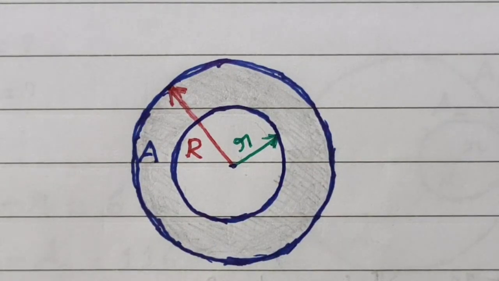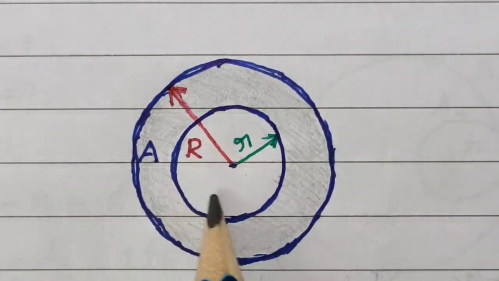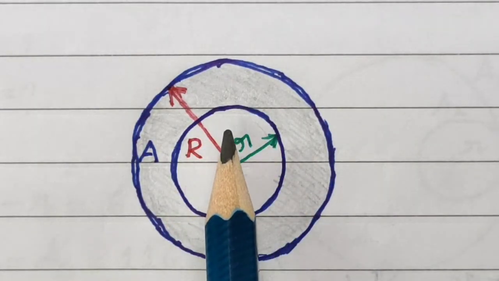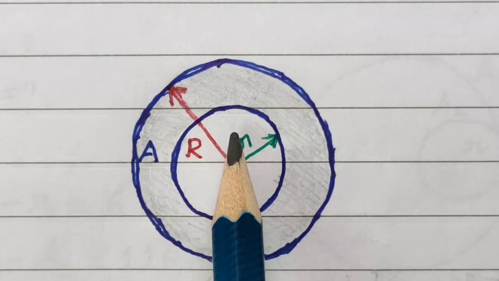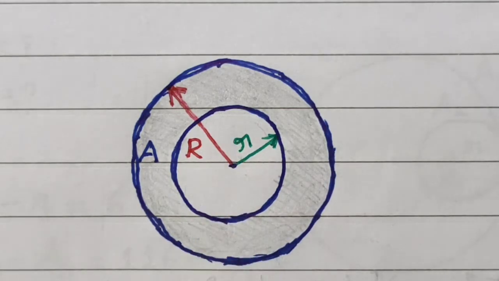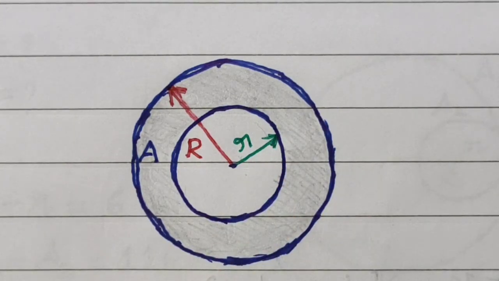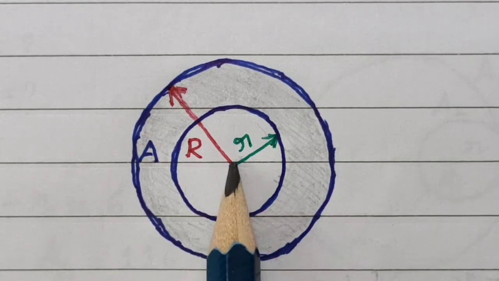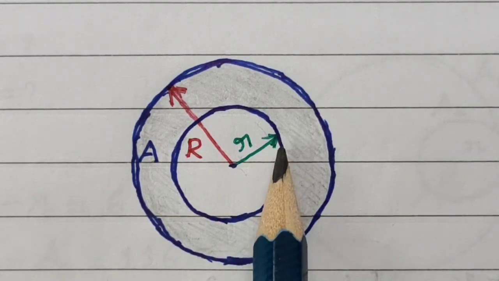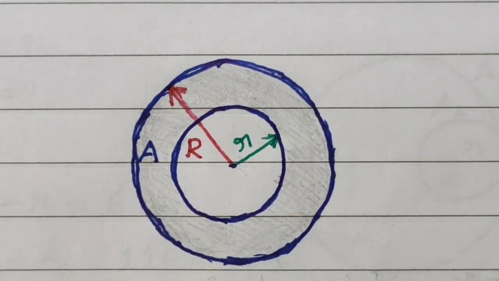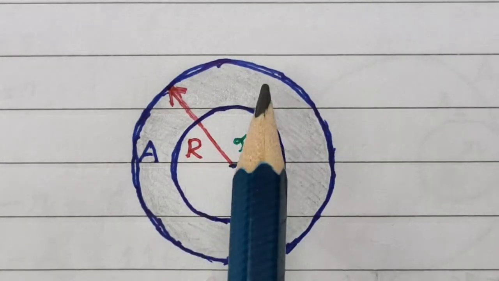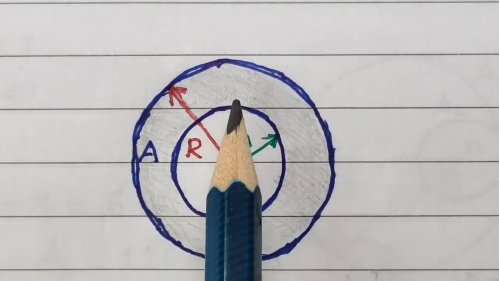So they have given the circumference of the inner circle, that is 2 pi r is equal to 88. By using that formula 2 pi r is equal to 88, we can find out r. This small r is equal to 88 divided by 2 pi. After calculations we get r is equal to 14 centimeters, and they have given the area of this shaded region. So that means